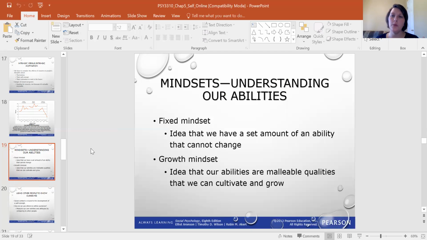So there are 2 basic mindsets. And again, there's a lot more to this, but we're just going over the basics. And your book will go into a little bit more detail here. This idea of fixed versus growth mindset. So a fixed mindset is, no matter what I do, I will never get better at this, right? So let's say you think that you have a fixed mindset on your ability to play basketball. You say to me, I can